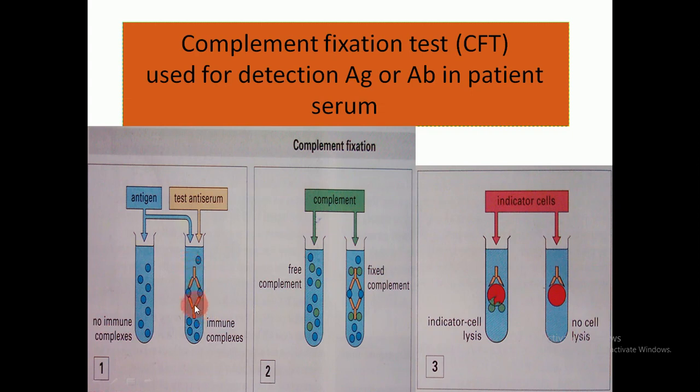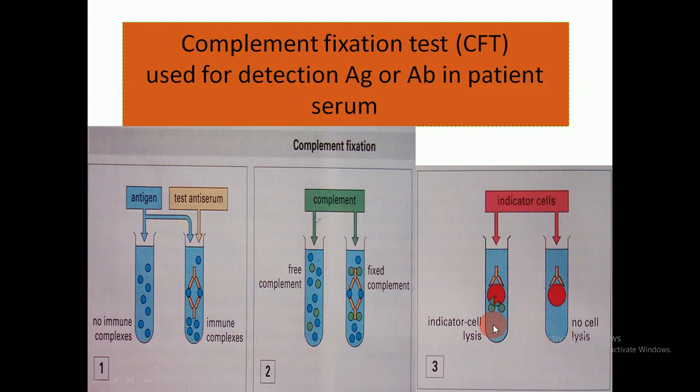So this patient serum contains antibodies, leading to an antigen-antibody immune complex, and then we add rabbit complement. If this tube did not contain the antibody, the antigen and the complement remain free, while if there is antigen-antibody, there is complement fixation. Then we add the indicator cell, which is the RBC coated with the antibody, and this leads to lysis and the release